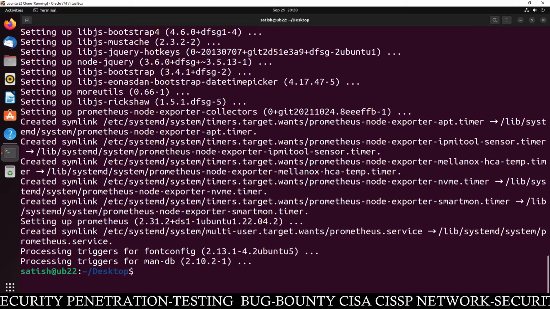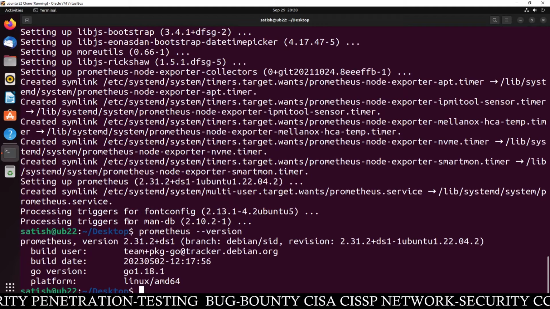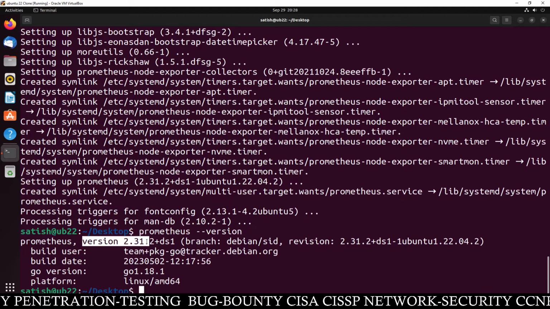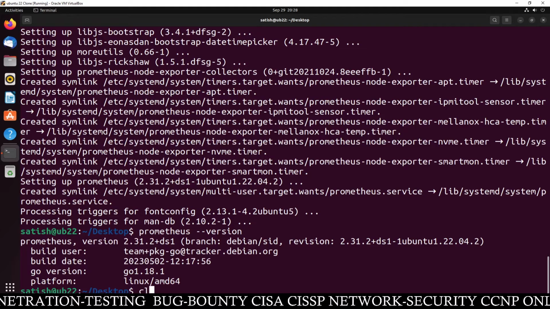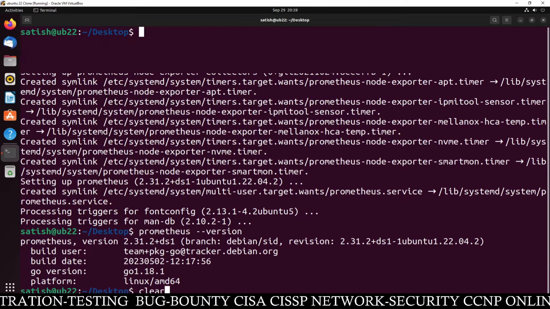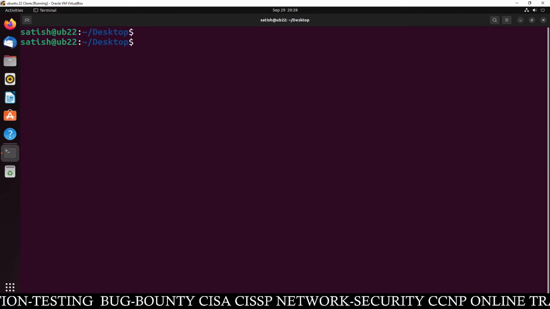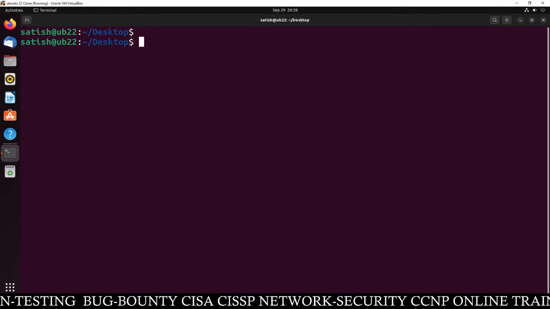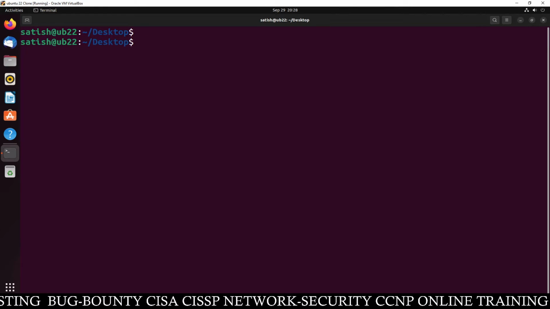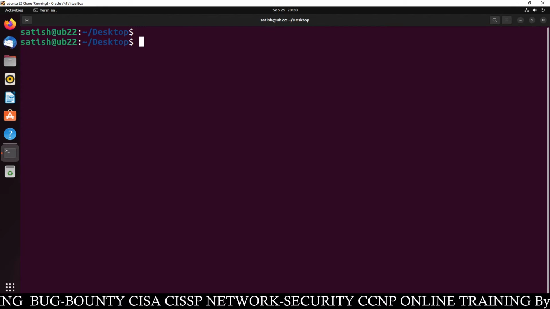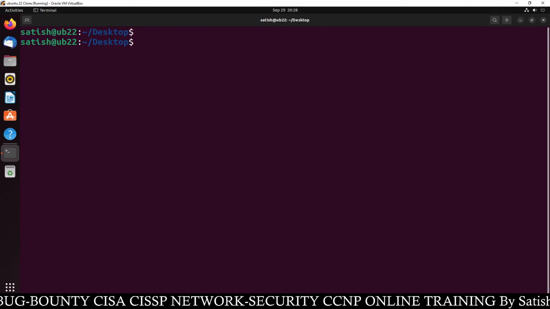After installation, let's check the version again. So now you can see the version is available here, 2.31. Okay, so this is available. That means it has been installed. Now we can clear this screen using the clear command. Then again, if you want to launch this application, simply you can type this command, but the best way is to check. Okay, the best way to check this application is you can open the browser and you can check